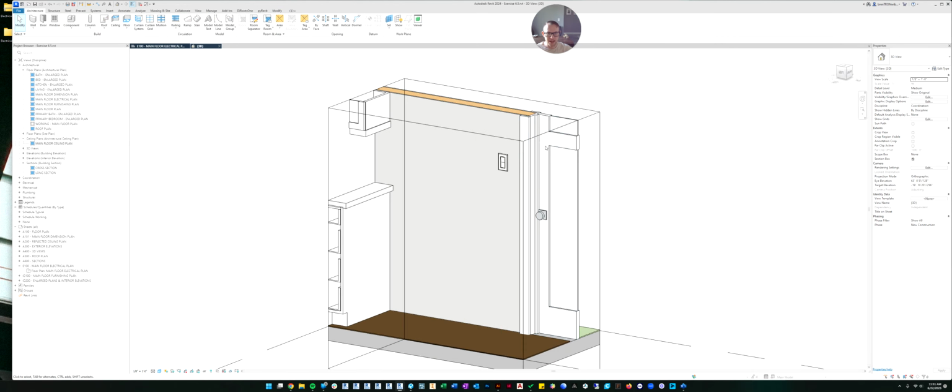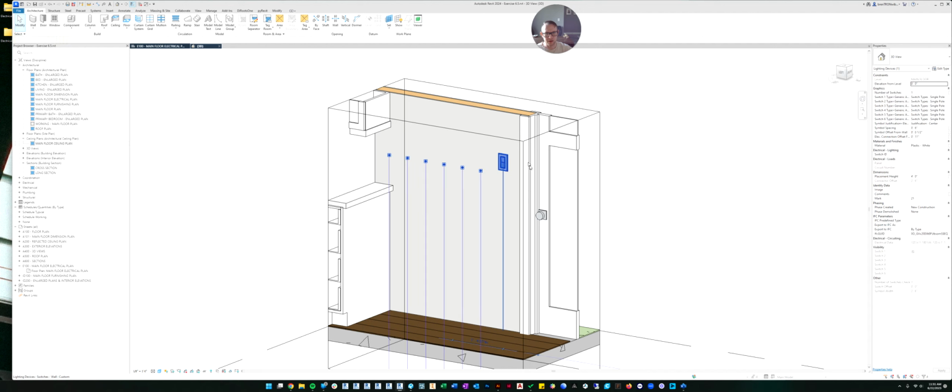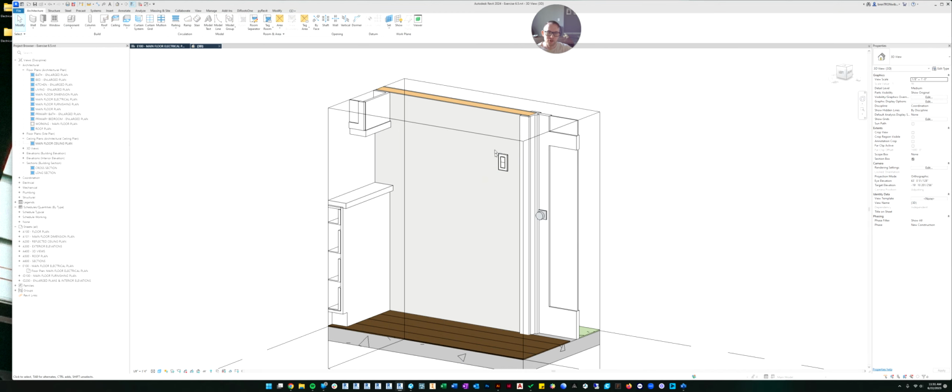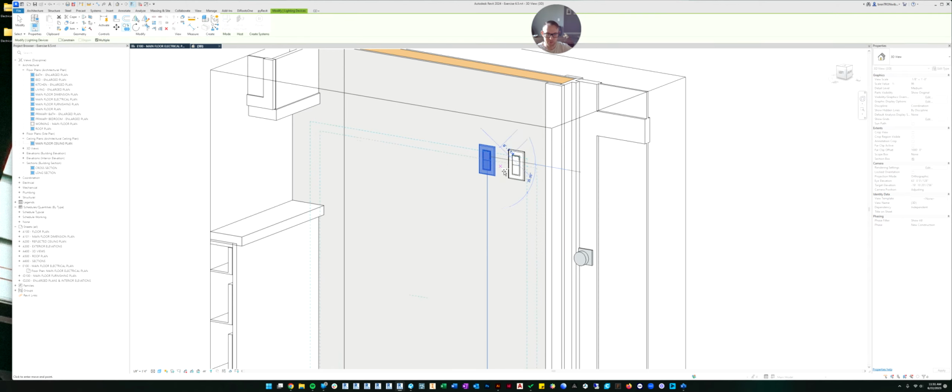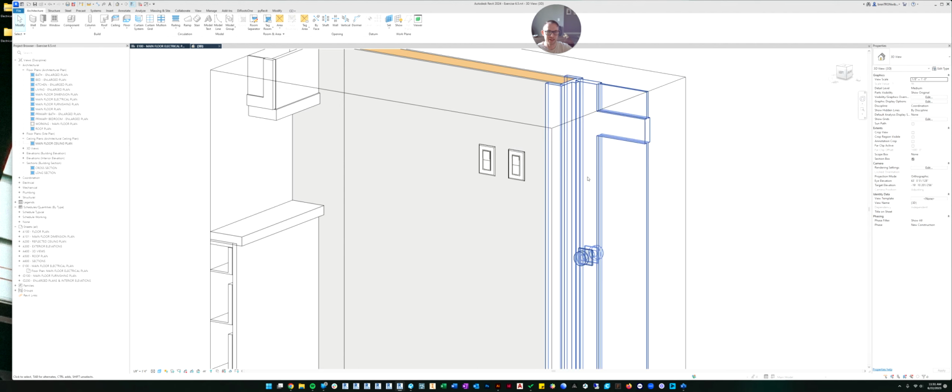So before, with the default Revit or the default Autodesk families, if you wanted a switch to control the can lights and a switch to control the pendant lights, you would just place 2 different switches. But what that did is it placed 2 identical switches right next to each other. But in real life, that's not how that would look. They would do what's called a 2-gang box, and they'd put 2 switches in the same box, and it would all share a frame. So basically what it looked like before, if you use the Autodesk families, it ends up looking like this, which isn't correct in 3D.